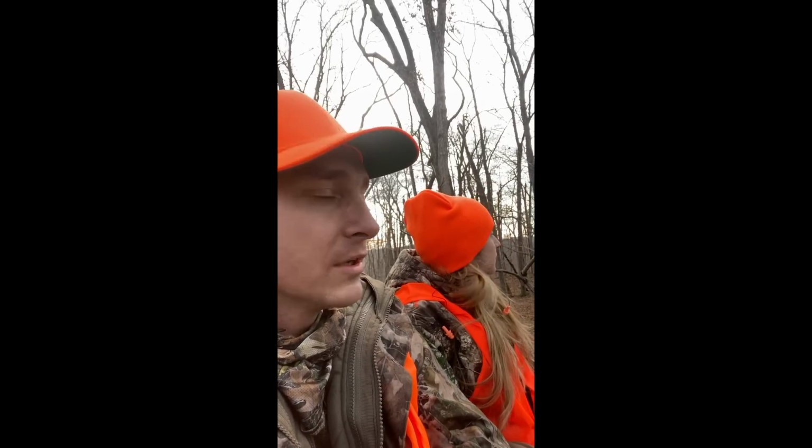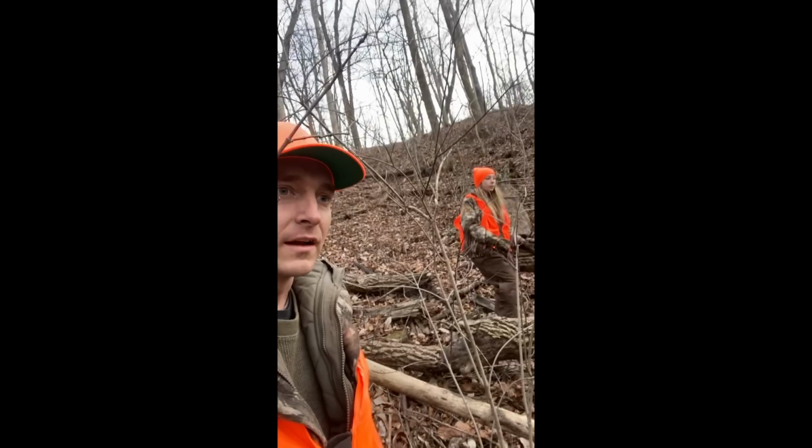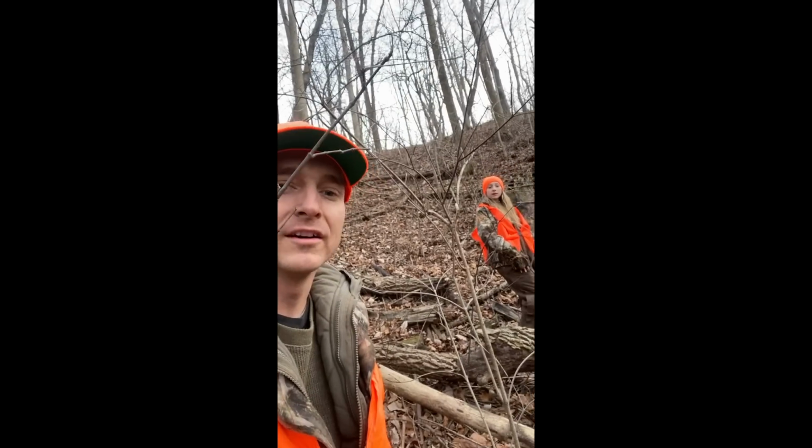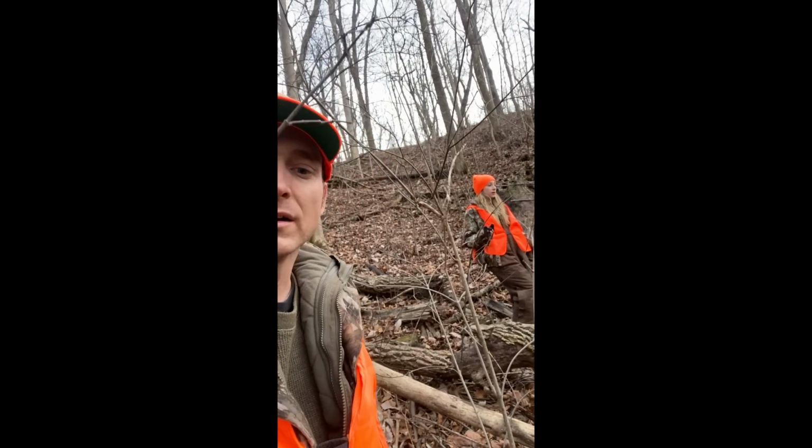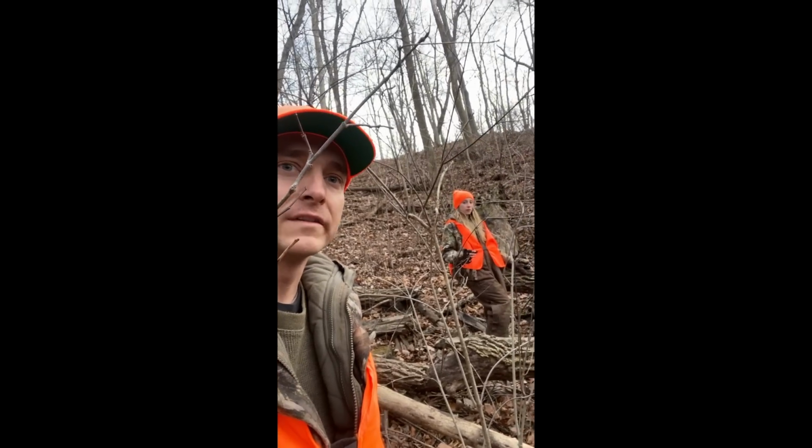Now we're just waiting. We climbed up in the tree in case something else comes along. But we'll see. Be a quick hunt episode. So we just got out of the tree. We waited about an hour, went over the ridge, and I didn't find any blood, but I recently got some